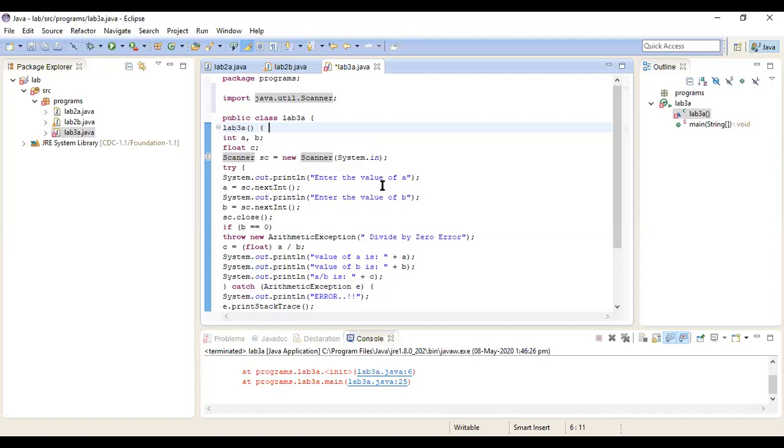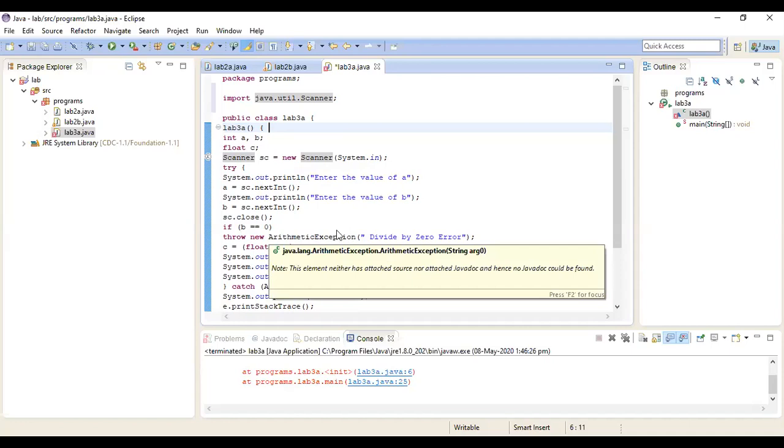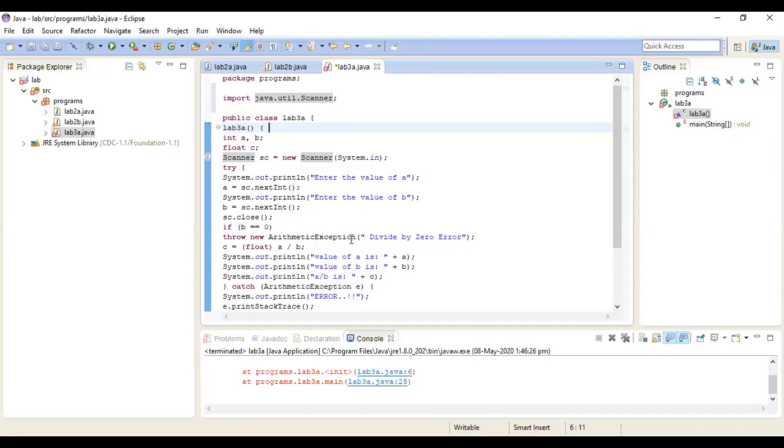Next, I read the values of a and b. If b is equal to 0, then I throw an exception. Within the try block, there is the keyword throw, which throws an exception object. We are handling the arithmetic exception, so I throw a new ArithmeticException with the message divide by 0 error.